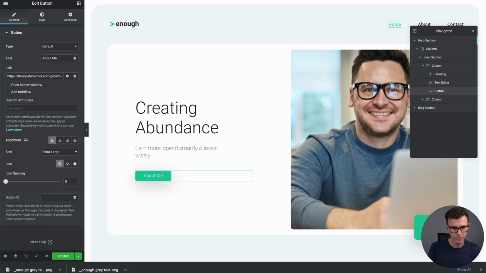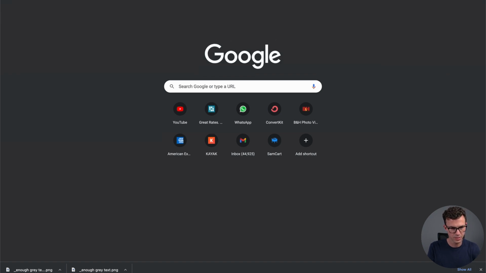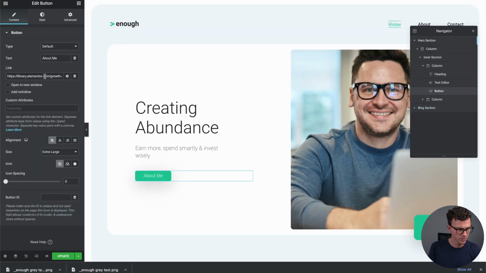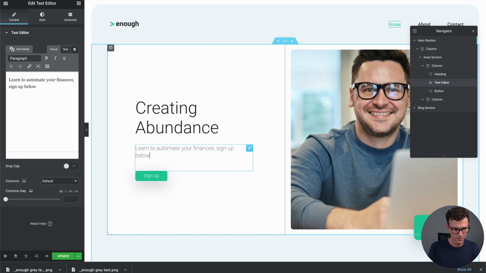So for example, here is the Automate Your Finances guide. If we wanted to just send people there, we update this link. So we may want to say, sign up here to automate. Okay, and so if someone clicks here, they're going to be taken to the landing page to sign up for